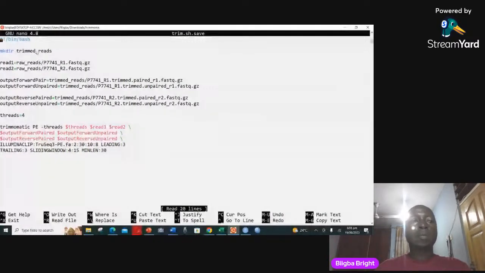Maybe you want your trim reads folder to be called trimmed without the reads. So when you come, you simply come to this place. You will go this way, come here, and then remove this and leave it. Now you come here again. Remember, you don't use anything like the mouse here. You use the keyboard throughout. So when you come here, you notice that the reads you have downloaded, the reads they